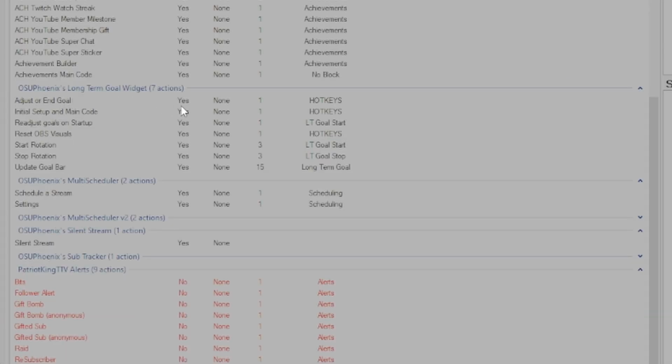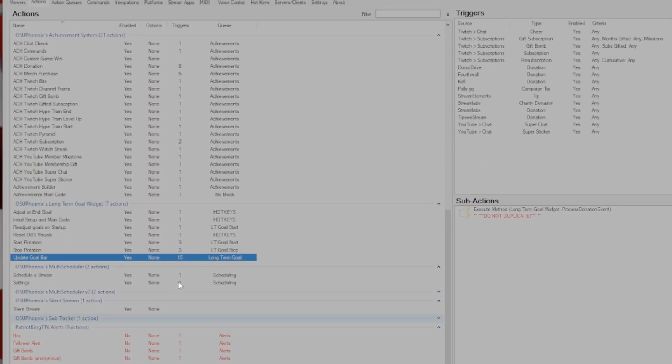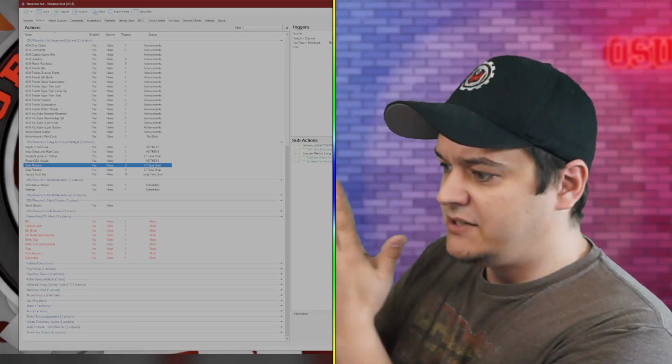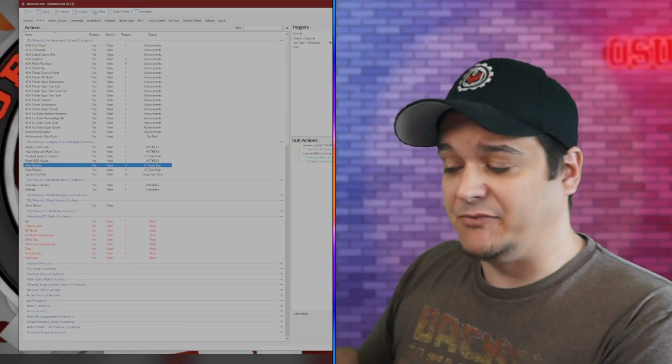So looking at my long-term goal widget, you'll notice that I have here the adjust and end goal. That's going to be a hotkey. I've done the main code of this, which is everything that needs to run and do setups. That's just a hotkey. But when it comes to the actual action that's going to hold all the triggers and actually adjust the goal bar, this is under the long-term goal widget that is in a blocking action. I can manage one entire set of actions all coordinated together